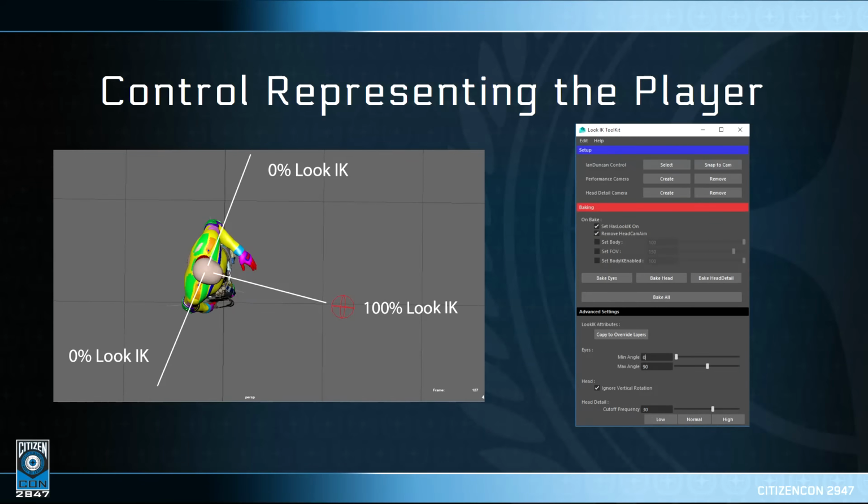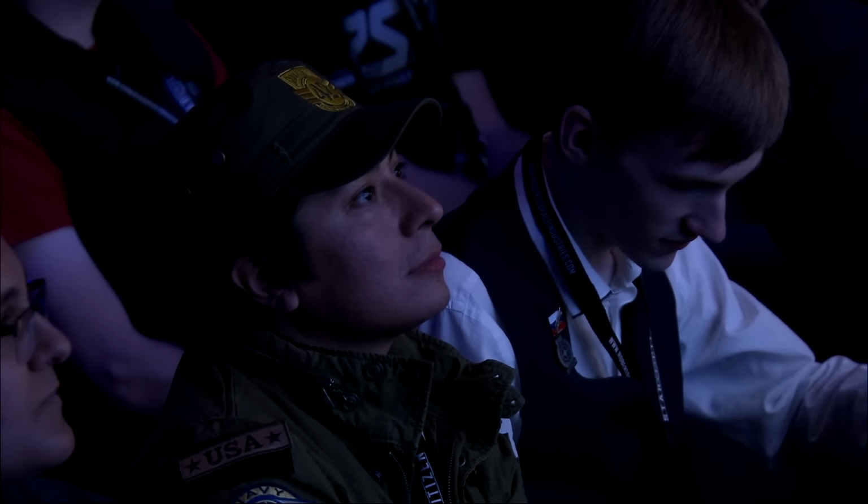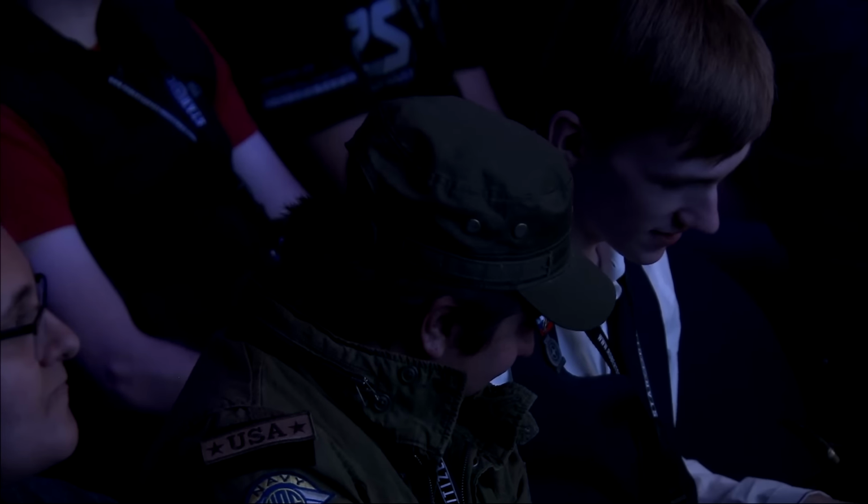All right, so what we did is we broke up the Look IK into 3 different parts, right? The eyes, the head, and the body. And then we gave each one of those body parts a value from 0 to 100. 0 being completely off, and 100 being completely on for the Look IK. And the first thing we did is we hand-keyed those values throughout the animation, which gave us pretty good results